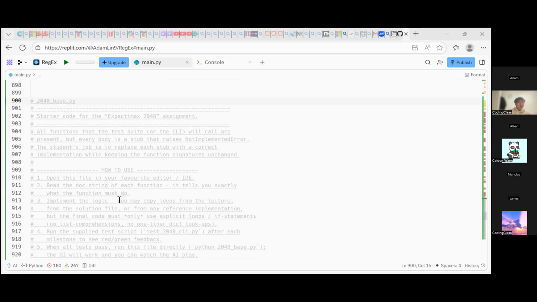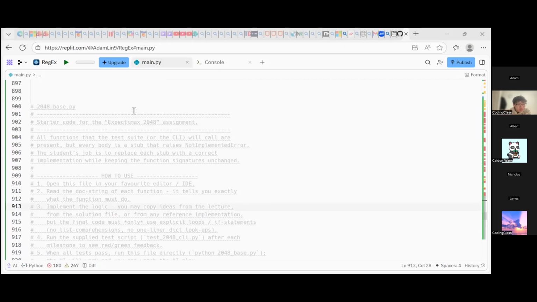Is there a reason the whole file is like 1,000 lines long? Are you doing it in one file? Yeah. Mm, okay. So, okay. It's very hard to see, but